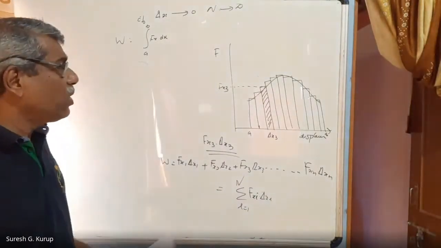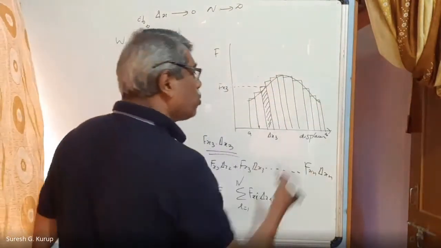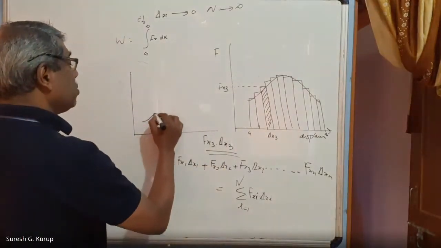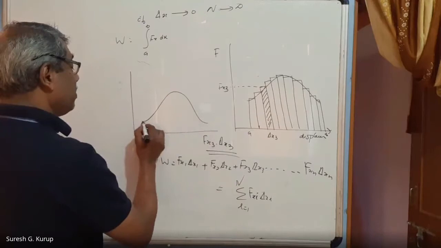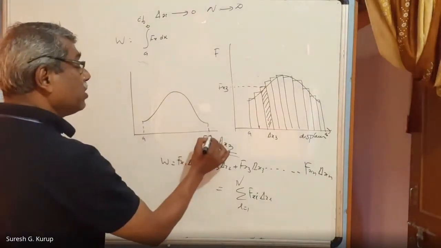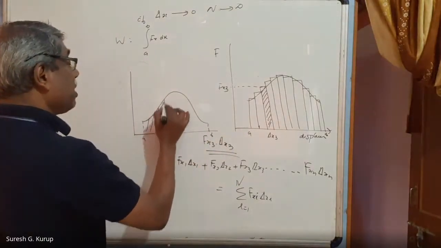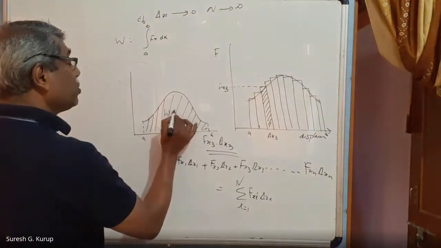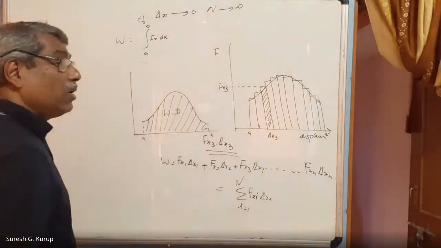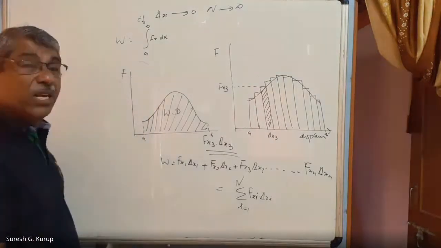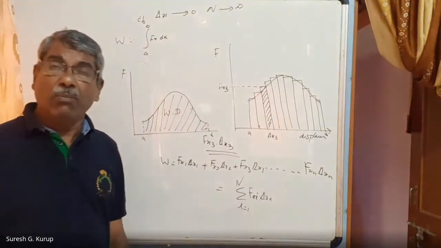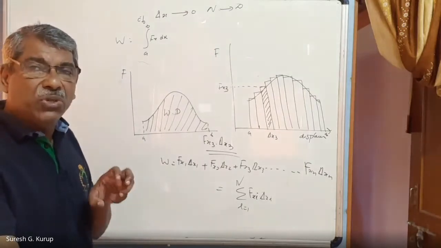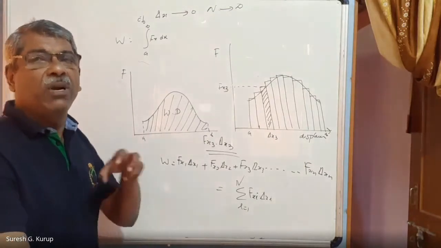So this is equal to the area enclosed by the graph. I am drawing it here once again. So this is the area enclosed by the graph, where this is A and this is B. So you just have to calculate the area, and that is equal to the work done. So when the force is variable and we wish to calculate the work done by the variable force,